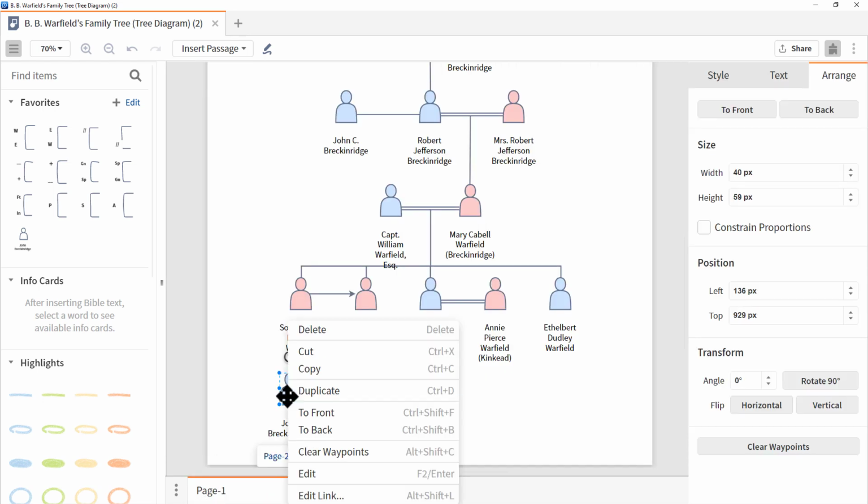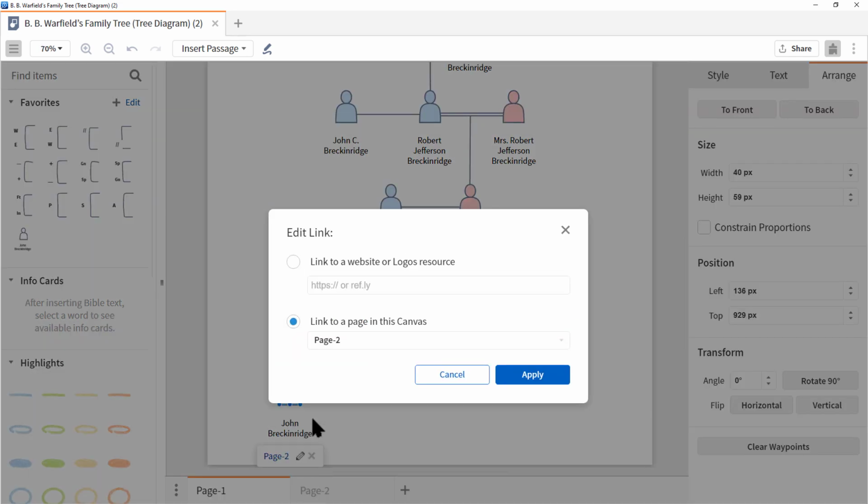Now let's right-click on that object again, choose Edit Link, and let's go with the first option. Now, link to a website is pretty straightforward. You can right-click and paste in a web page. But how do we link to a Logos resource? Let me